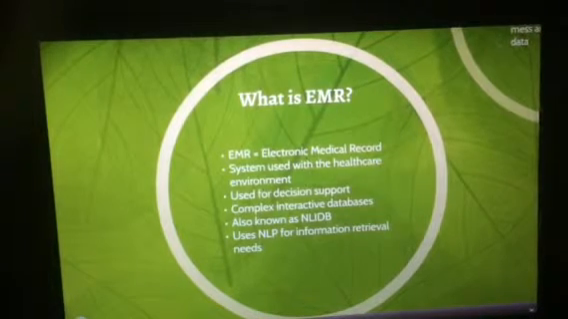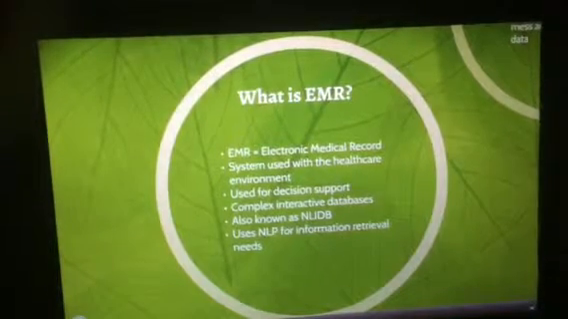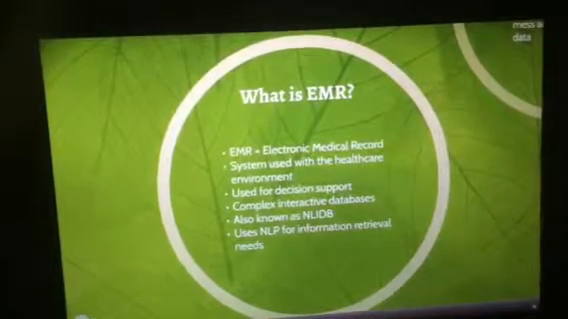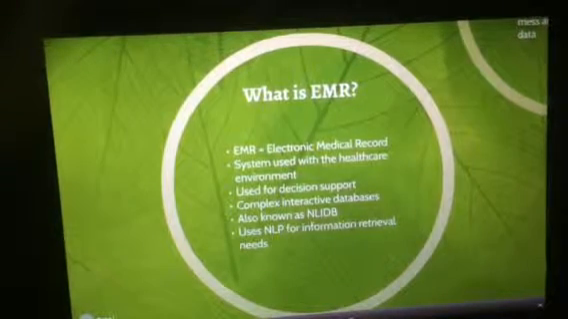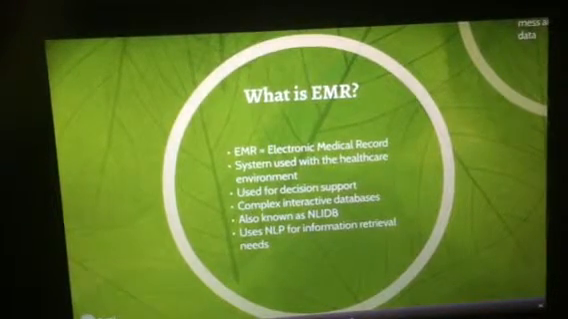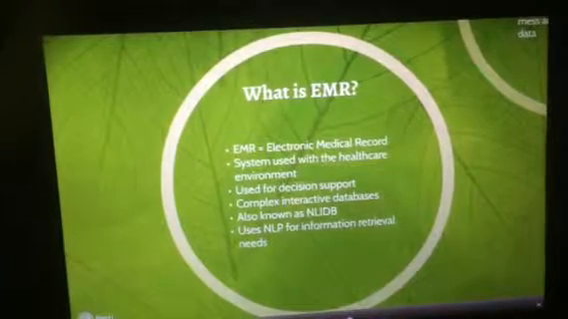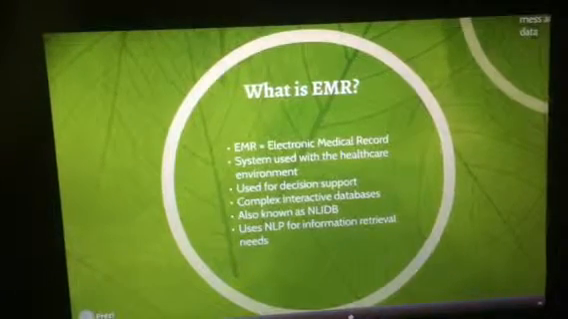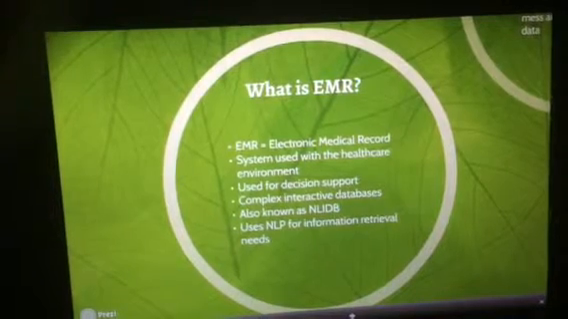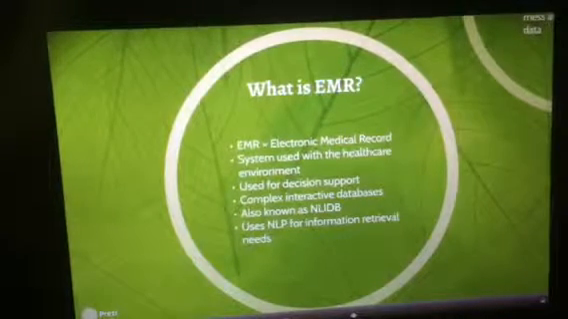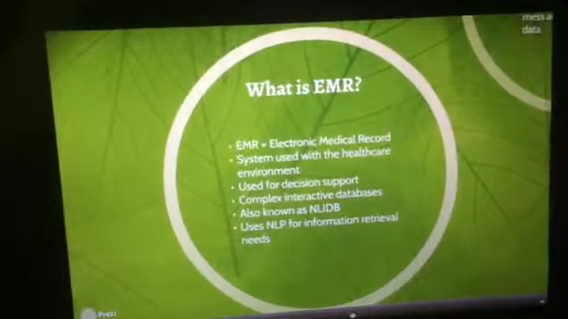EMRs are used within healthcare environments. It is used for decision support by medical professionals. This specific type of interface database is used by physicians in hopes to make more educated medical decisions for their patients. It is also used for its ability to handle data pertaining to specific patients and interpret it as knowledge